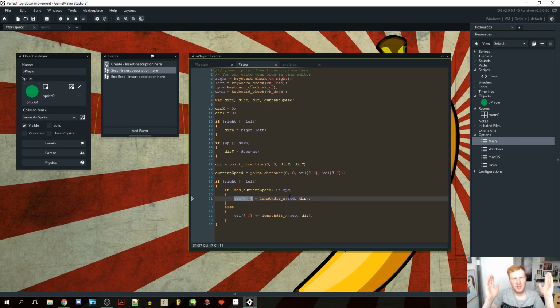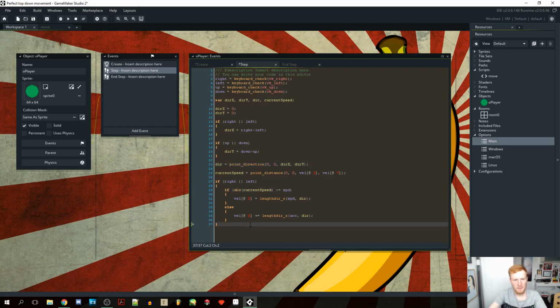So if it's longer, it'll be set equal to whatever the speed is in the direction that we are pressing, that we calculated up here. But if it's not bigger than the speed, then we're going to add our acceleration variable to it in whatever direction we are moving in. So it'll add 0.5 as long as we are below the speed